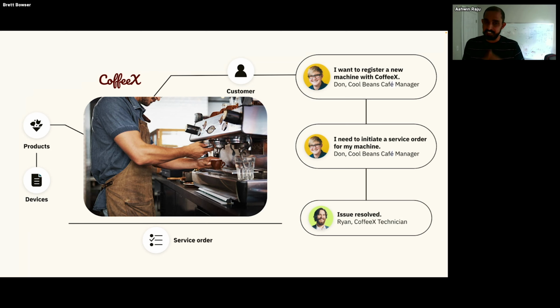experiences live within product. First, to set the context, let's meet our hypothetical company, CoffeeX, which sells coffee machines and other equipment to local cafes. As part of this demo, I will take you through two different stages of the journey of Dawn, a manager